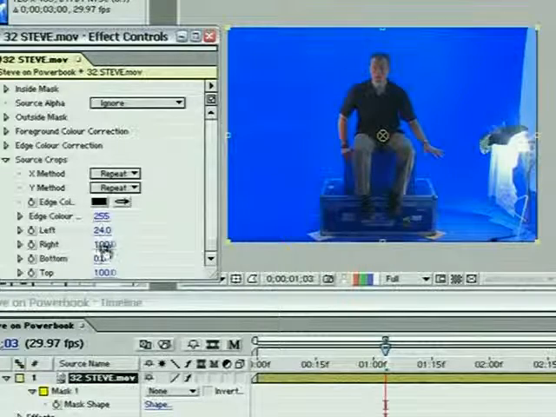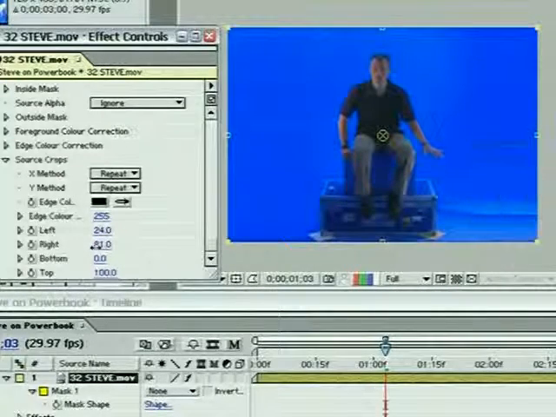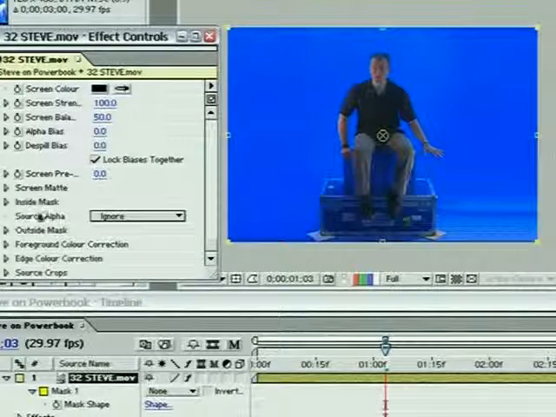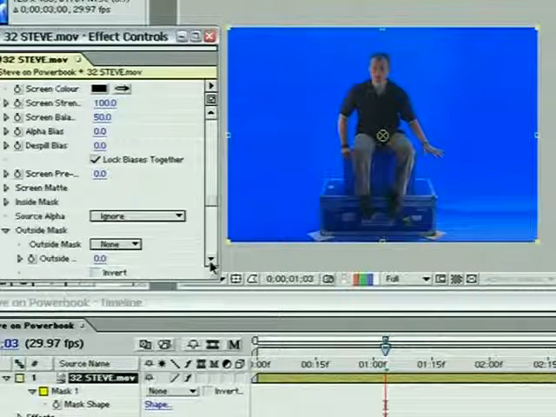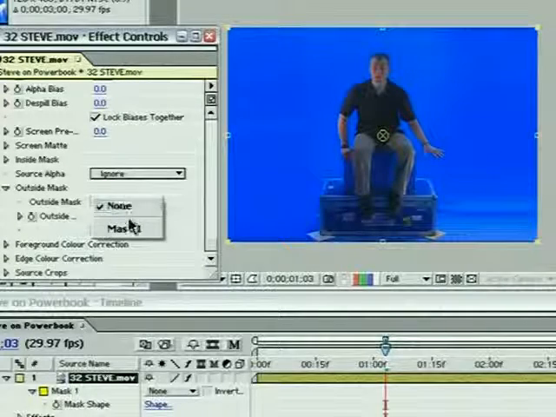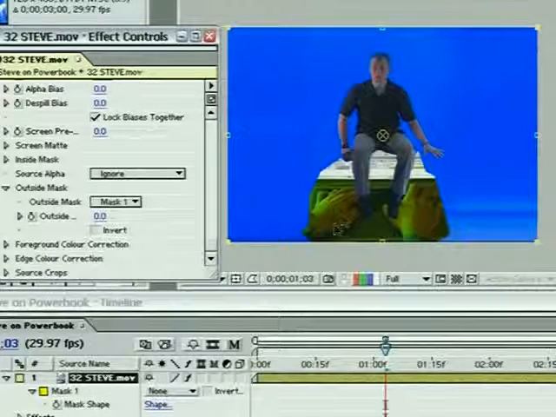I can crop the right edge down until our lighting equipment goes away. I can also use the mask that we drew by turning open the outside mask setting here and choosing the mask that we set, which immediately renders that invisible. And now all that we have to do is key out this blue. Once again, it's very